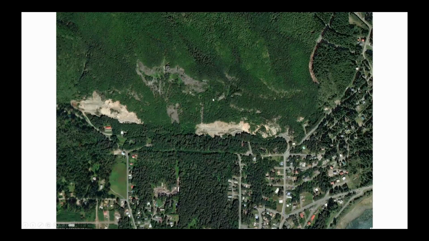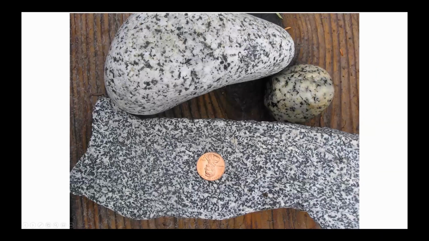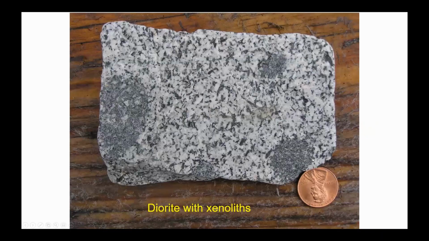So there's the quarries, and here's the cliff. And you can see some of the houses here. Here's what that diorite can look like. Sometimes you see these little black blebs. So the diorite was a magma chamber that solidified through time, and here it was about 100 million years old, a little bit older perhaps, but not very much. Rocks from on top of the magma chamber could fall in and start to melt, but these ones didn't melt all the way, which is why they have fuzzy edges. They're darker. So those are rocks that fell into the magma chamber